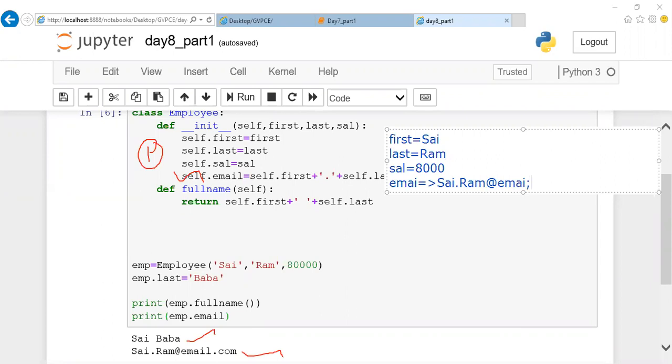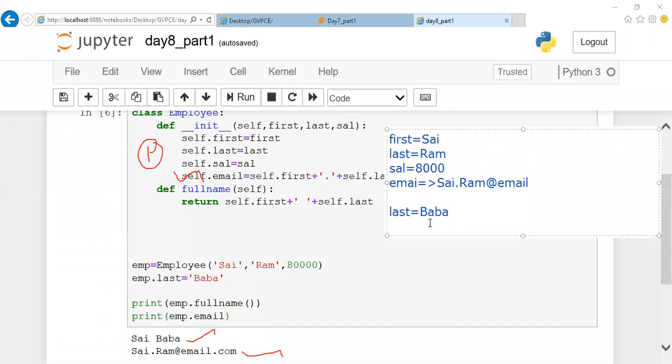After forming this only, the next line of the program executes, where the last name is updated with Baba. The last name is updated, but there is no way to go back and update my email ID, since init is executed only when the object is created. Here I'm not creating an object, just reassigning my instance variable. So self dot last in EMP, the last name, has been modified.